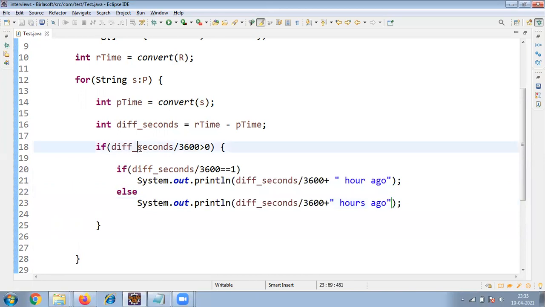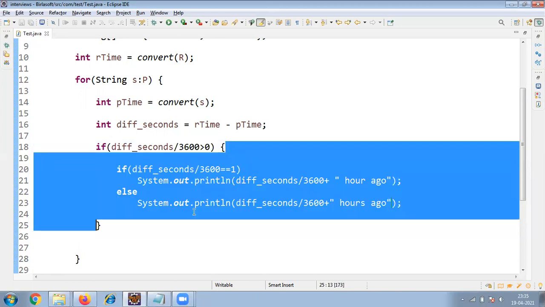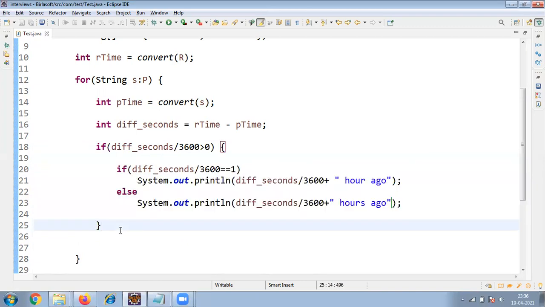So I'm just checking for hours. If it is not greater than 0, that means the difference is not 3600, it's less than 3600 only. So we will not get any hours, we will get the difference only in minutes.